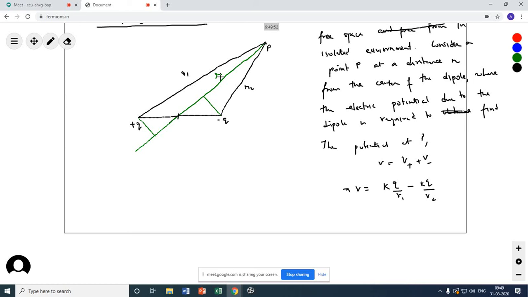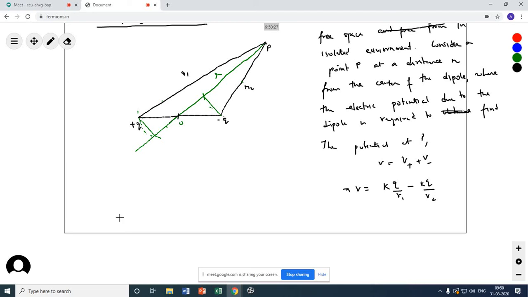Why this perpendicular? Imagine you are holding a protractor and you are drawing an arc with R2 as the radius. If you hold from the point P and draw an arc, you will see it will cut at this point. Similarly, if you hold it here, it will cut at this point. So we are actually projecting this length on this main line. Okay, so this is our center. We are projecting R1 on OP, and similarly we are projecting R2 on OP.